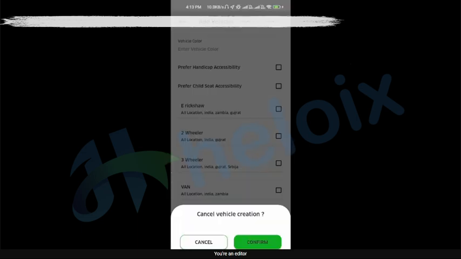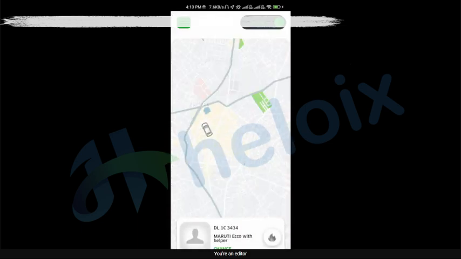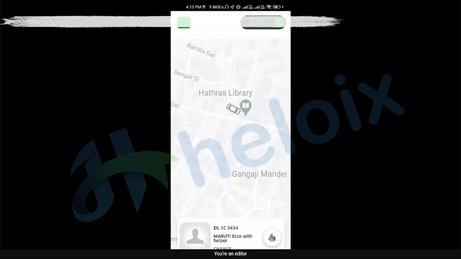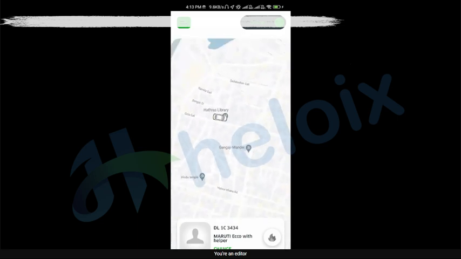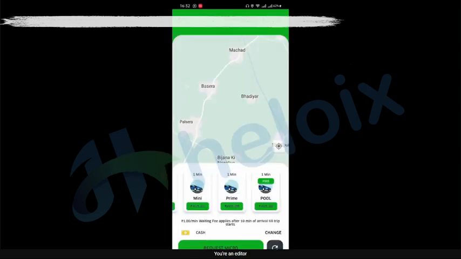Okay, if you want to add any vehicle, then you can add vehicles. That option we also have. Okay, this is our live location. Here you can check rider live locations. Sorry, driver live location. This is the driver live location. Okay, then let me show you another option as well. So here on the top, you can check online and offline options, so you can easily set yourself offline. Okay, so now this is again the rider application which I am going to show you.